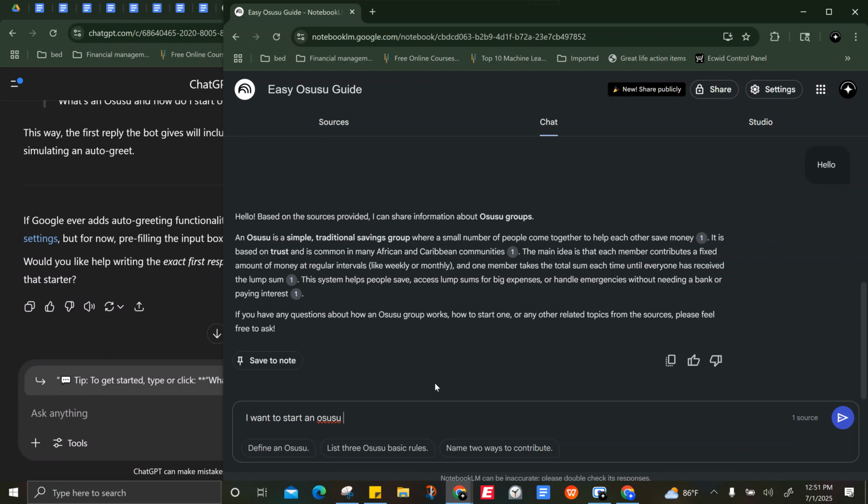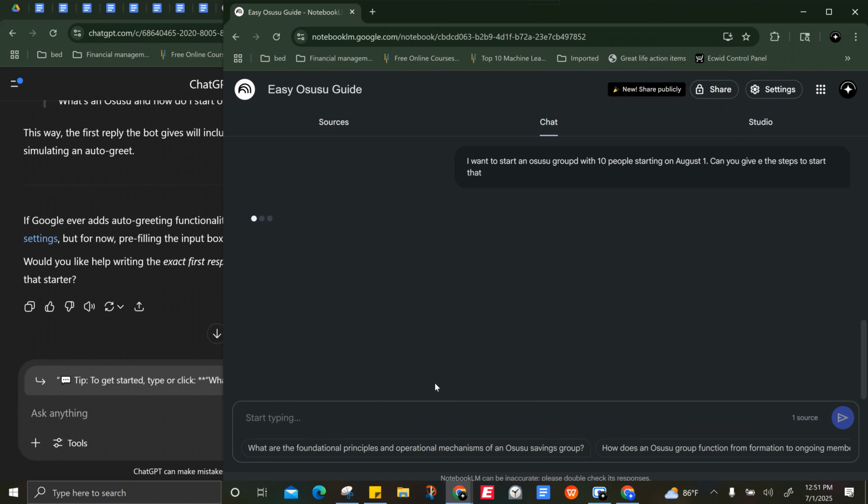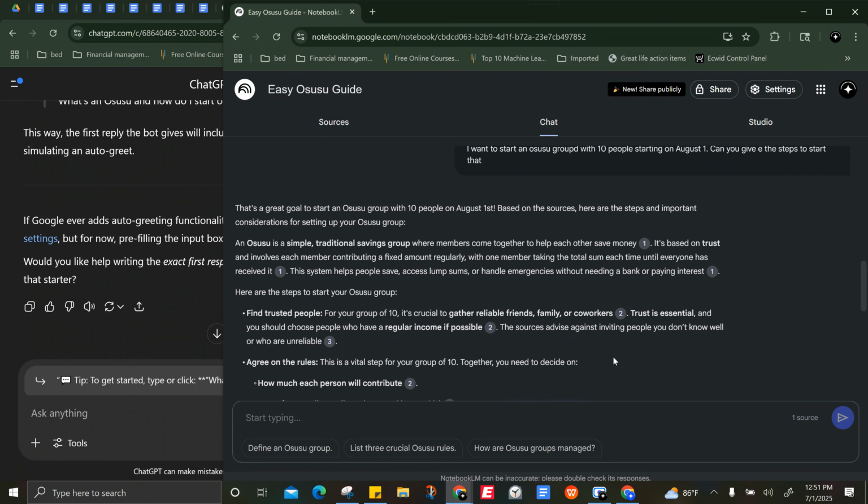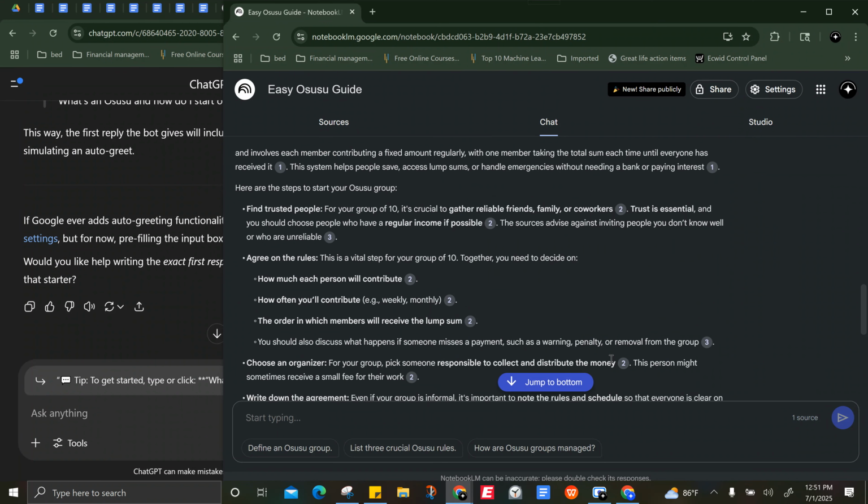I want to start an Osusu group with 10 people starting on August. Give me the steps to start that. Yeah. So you see the difference between these two,